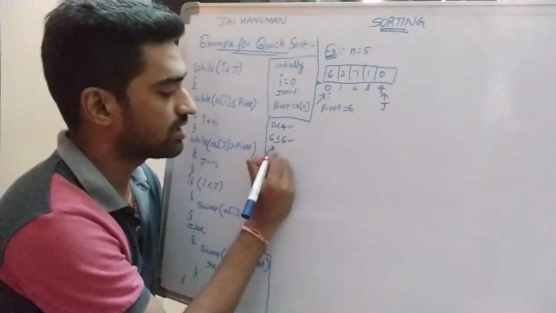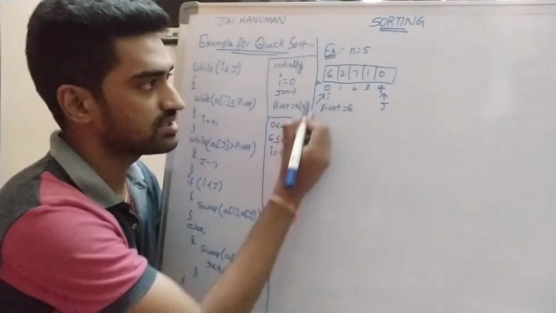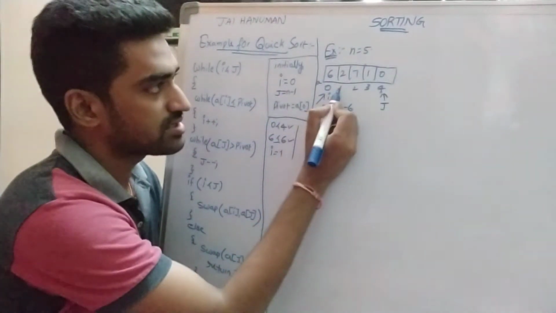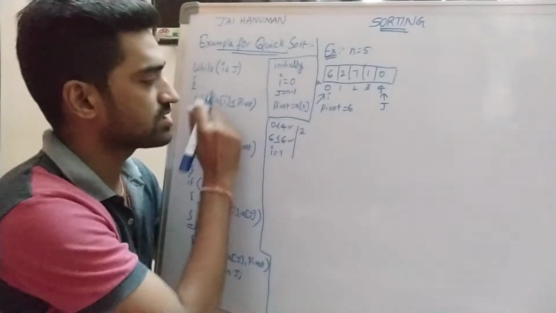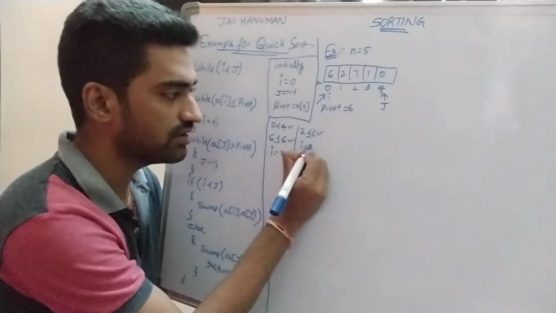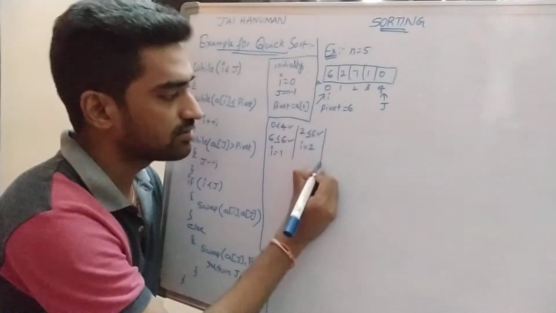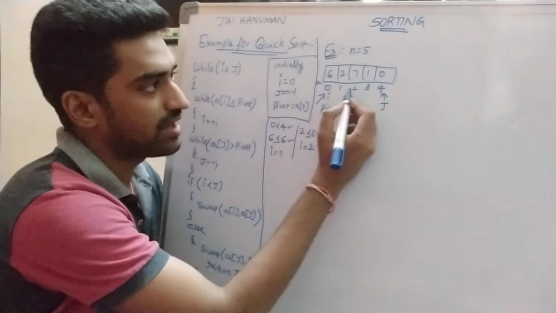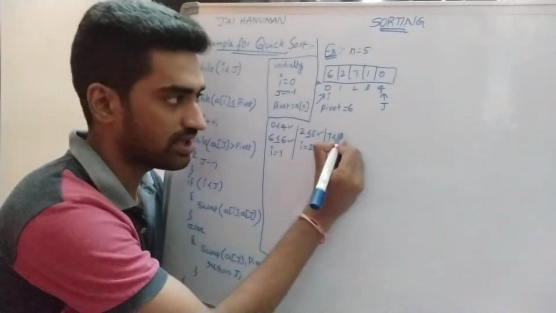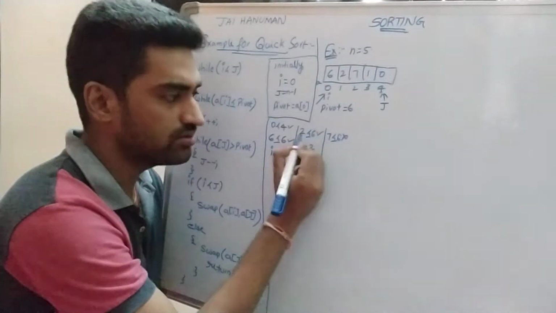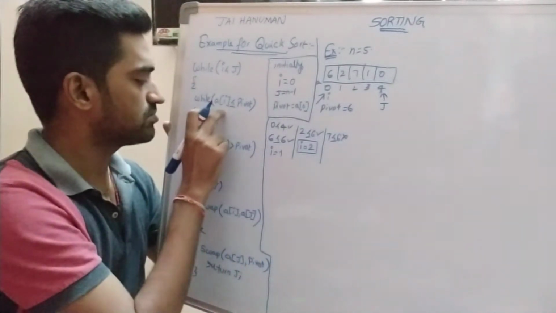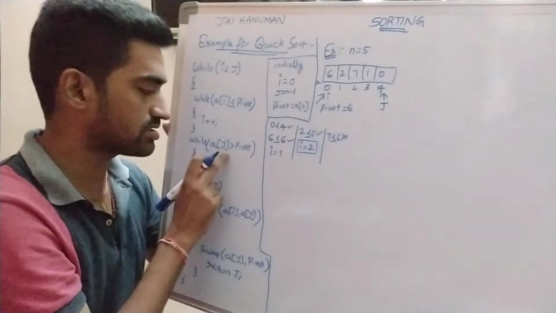So what is the i value? I is equal to 1. Initially the i value is 0, incremented by 1, that is 1. Now this is the i position. We check the condition again: 2 less than or equal to 6. The condition is true. Again i is incremented by 1, right? Again we compare with the pivot: 7 less than or equal to 6. Is the condition true or false? False. So we are not incrementing the i value, and the previous value is retained. I is equal to 2. Once this condition fails, control passes to the next condition check.